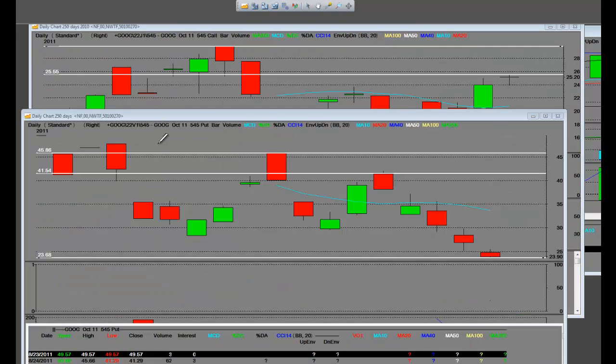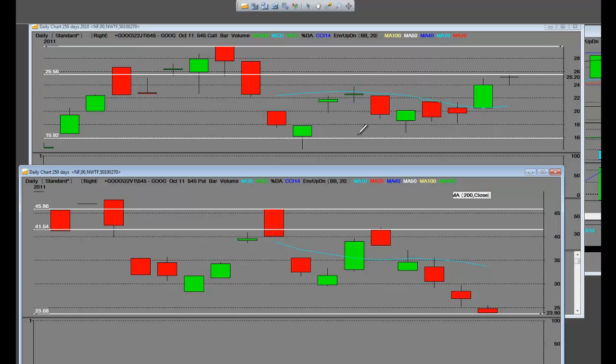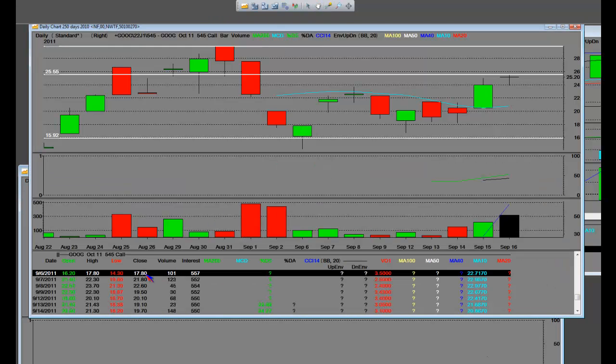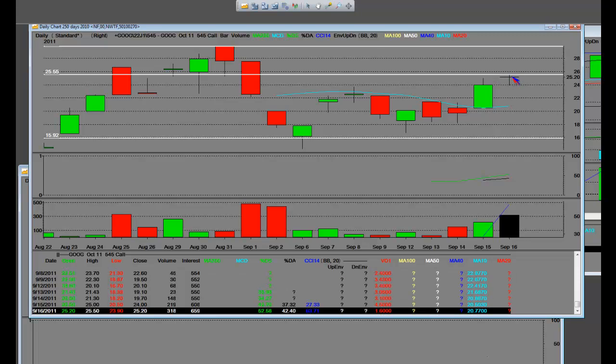Here we have an October 545 put. We can see in the last 5 days it got slammed. That's making it a wholesale price. The 545 call, on the other hand, is up here around 25.20 a contract, but let's see where the low end of that breakout of that call was. It was at 14.30. So they haven't given it that much premium, and this is where it was inflated to the deflated buy, and we moved up. But remember, the 545 call is, we closed at 546, so it's made a great move.